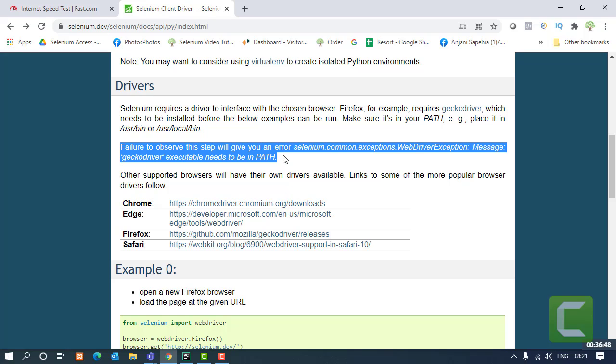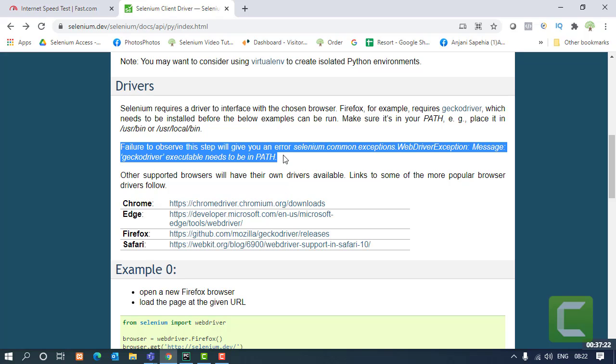Now what is this driver? So basically, to open up any of the browsers, you need to have the drivers available to open those browsers on your system, right? Because browsers also understand a specific language, and the drivers are something which are going to help you to open them. So for every browser, a driver is available by the browser provider. You just need to download them and keep it in your system, right? So let's talk about them one by one.